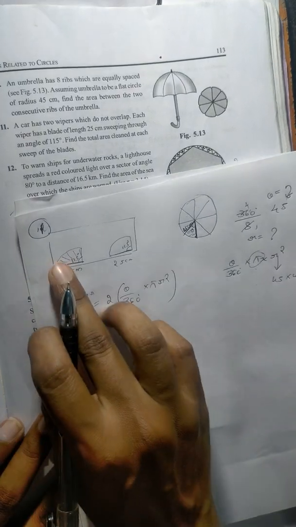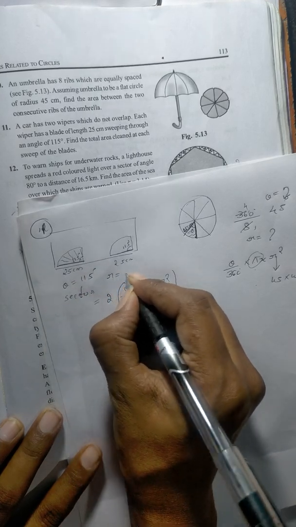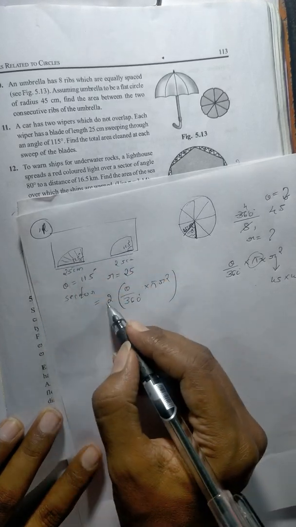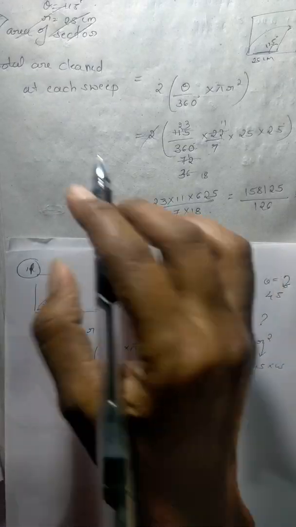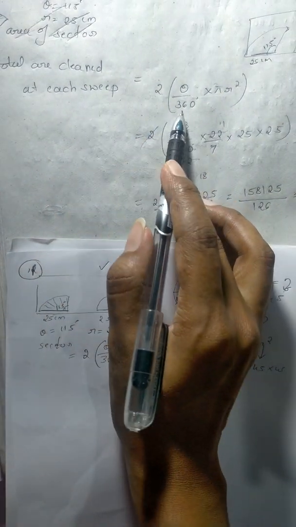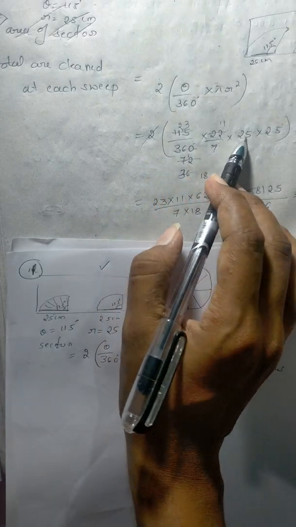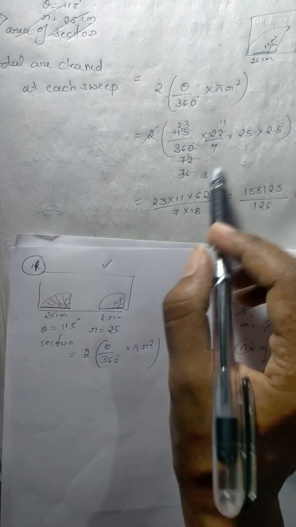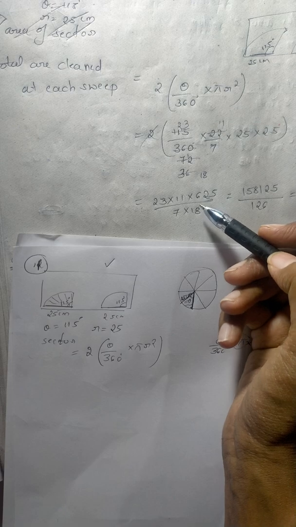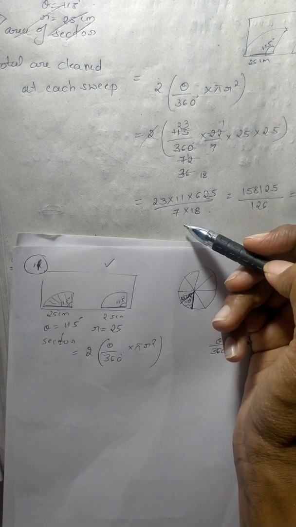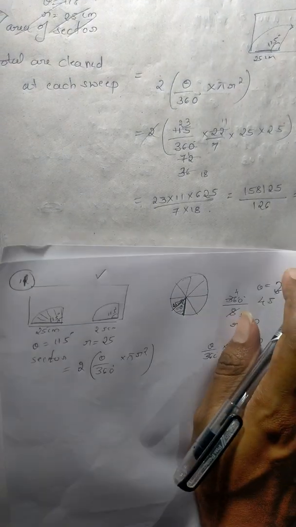On the basis of that, theta we have 115 and the radius we have as 25, but they have asked the area of 2 swipes, so 2 times the area. By using the same diagram, total area cleaned at each swipe: theta divided by 360 into pi r square, 2 times. So 2 times angle 115 by 360, 22 by 7, 25 into 25, the radius they have given. Then calculate, and simplify the terms as much as possible. So I got 23 into 11, 625 divided by 7 into 18. After that I multiplied and divided, so the final answer I got as